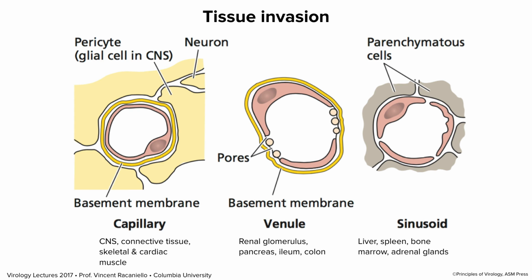Here, blood vessels, of course, are made of cells. They're called endothelial cells. They have a nucleus and a cell body. And in certain tissues, the endothelium junction is very tight, and there's a basement membrane around it. You can see that in yellow here. And so it's very difficult for viruses to get across these. They can do it, but it's not easy to do so. So the underlying tissues are well protected.